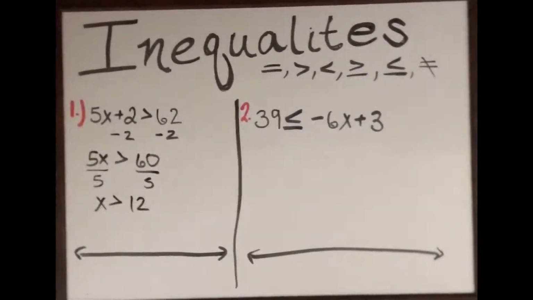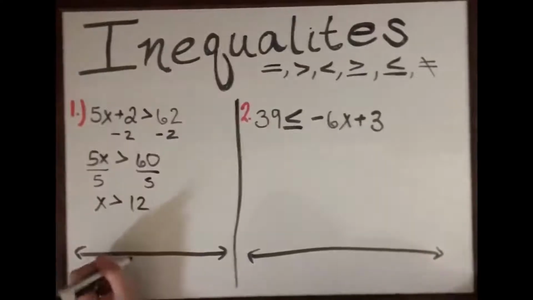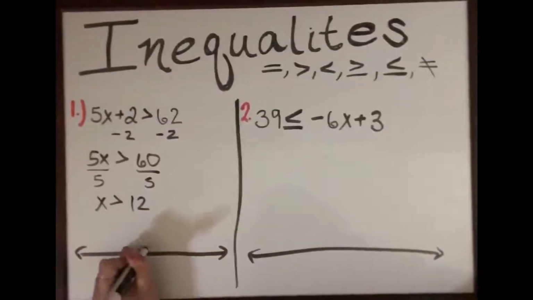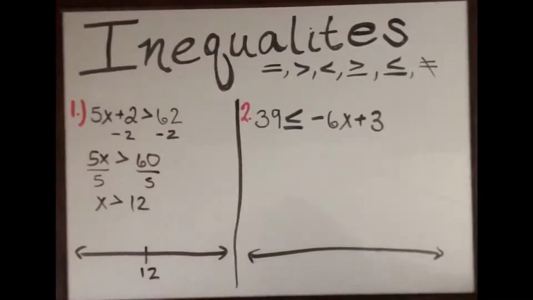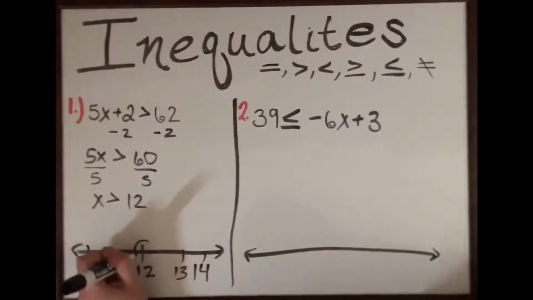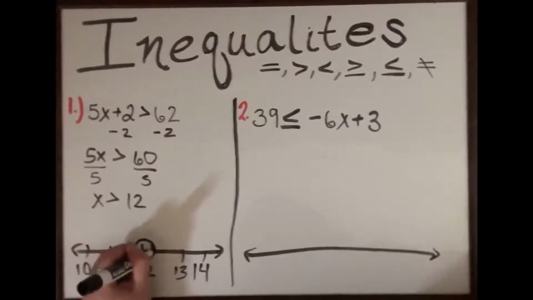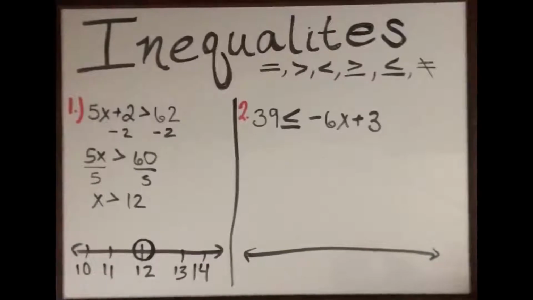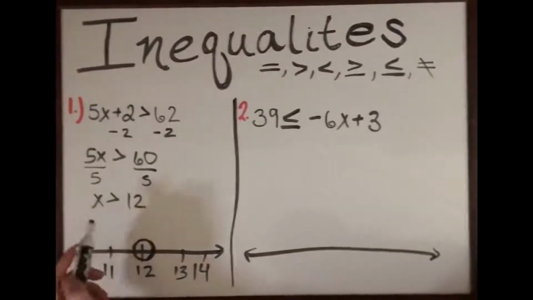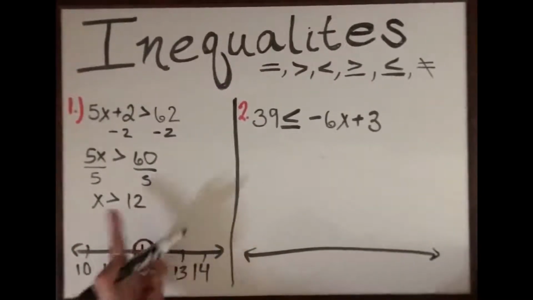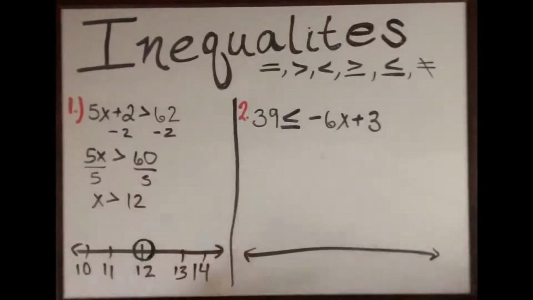Now how do we draw this on a number line? Well, we know that an important value will be 12, we'll put that in the middle, and we'll do 13, 14, 11, and 10, and so our critical value here is 12. We'll put a circle around that. But here, x does not include 12. It is only greater than 12. So we will shade